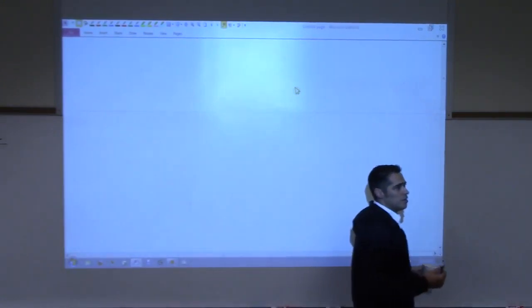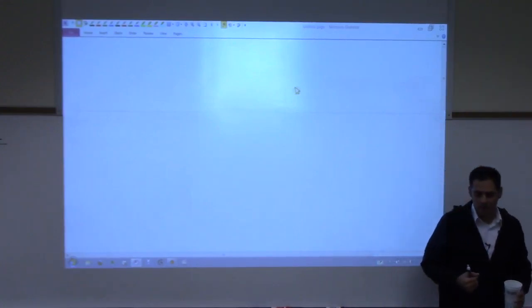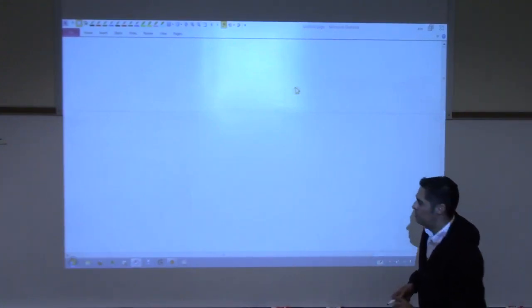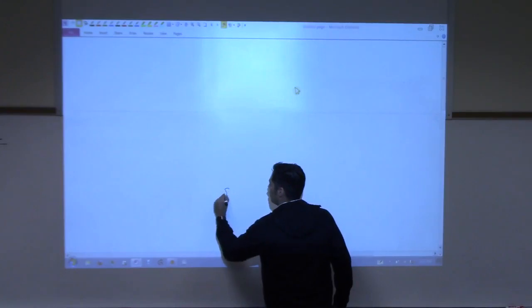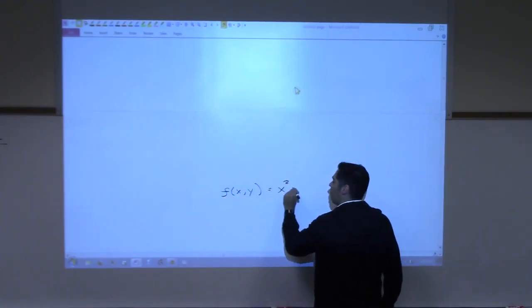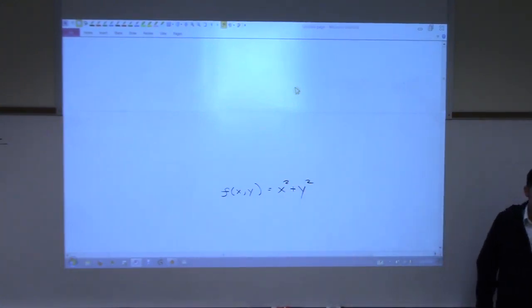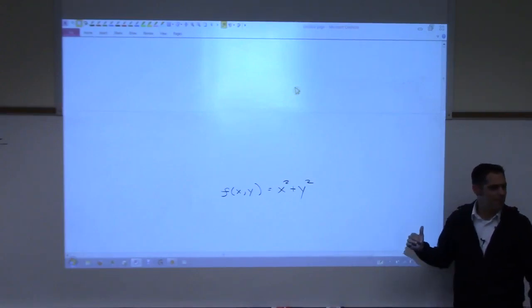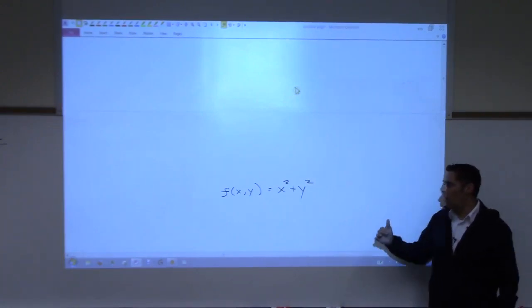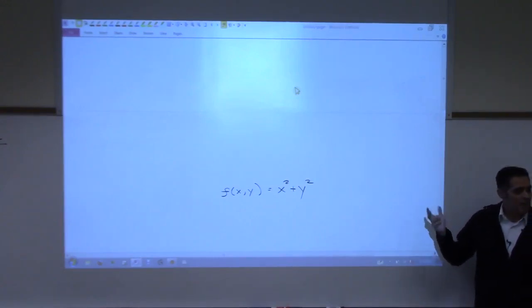So now what you're doing is you're dealing with functions where you're allowed to have more than one variable. So you can have functions where you have two inputs instead of one input. An example would be something like this. This is notation that you probably have not seen before. But instead of f of x equals something, right? We have f of x, y equals something. And so now you can start giving me some values of x and values of y,